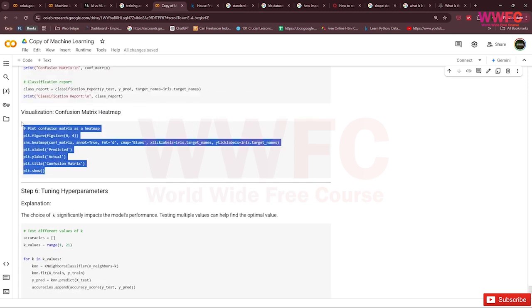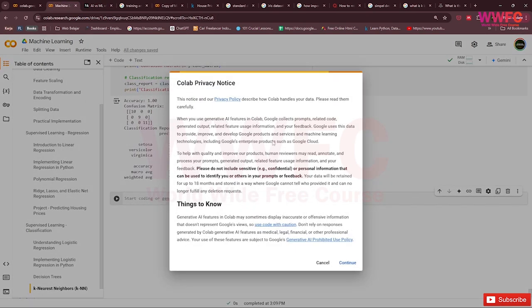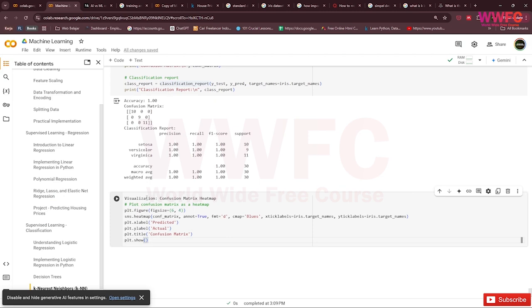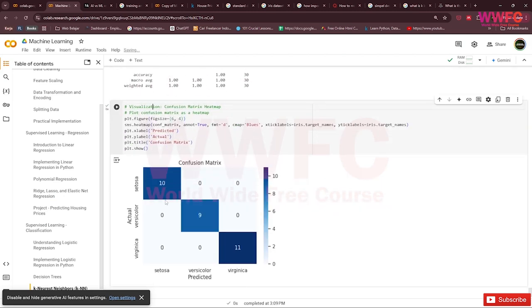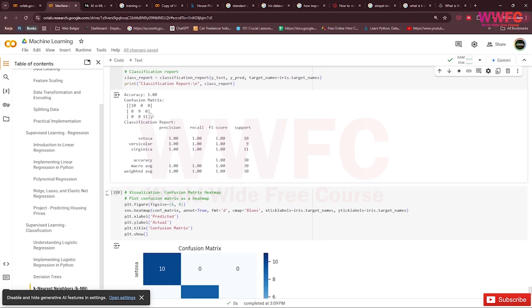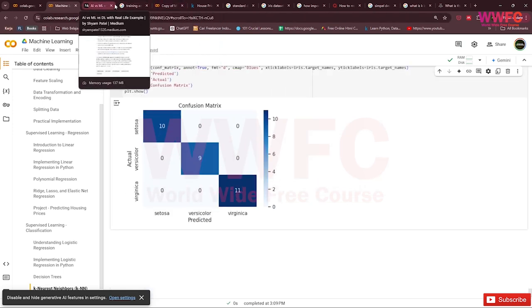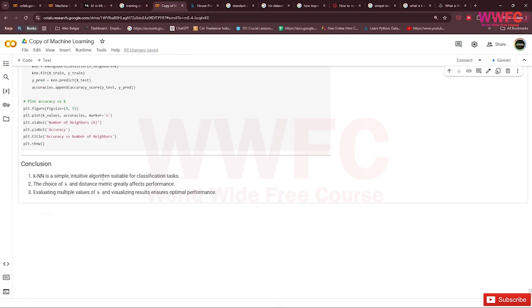And then maybe we visualize the predicted values. If Setosa has an actual 10 and the predicted is also 10, it's the same as this in here. It's not really much of a difference in concept, it's the same concept.